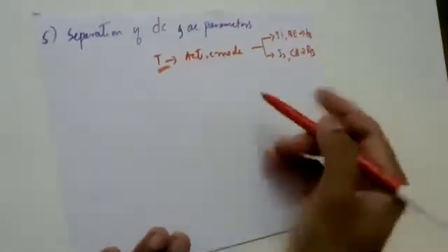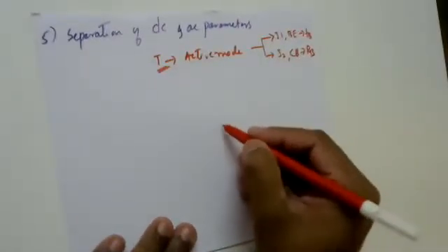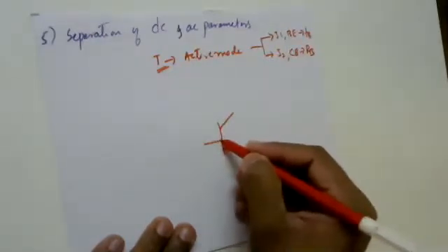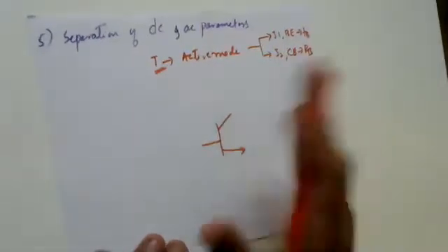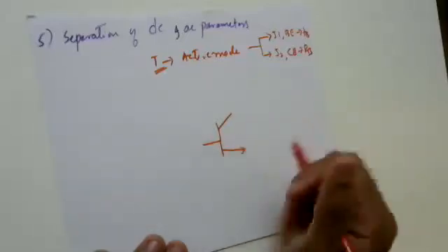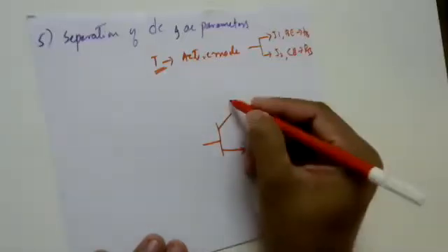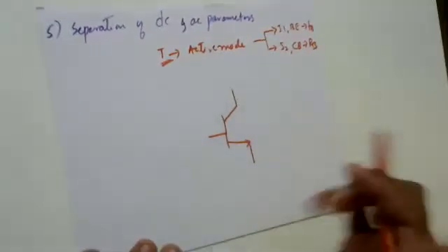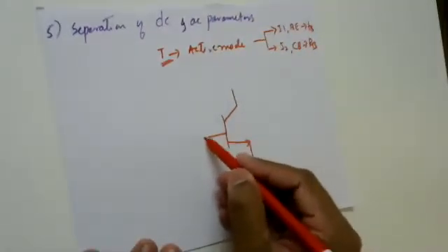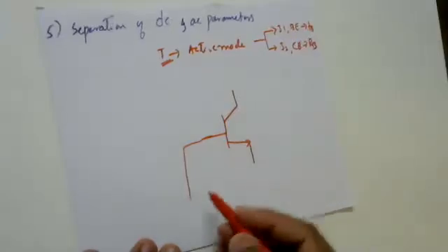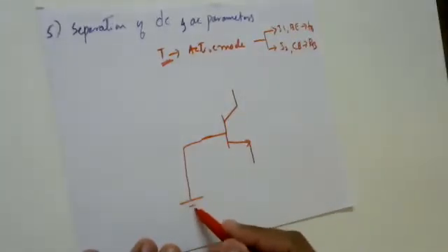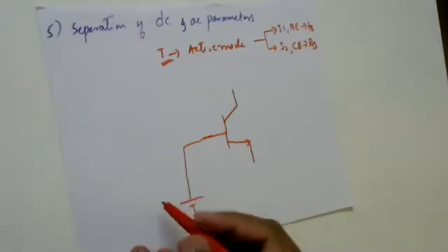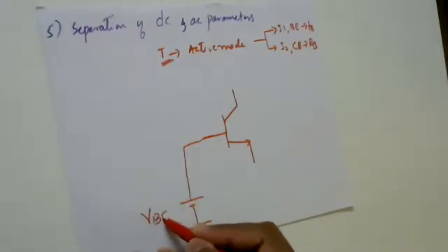So now, in order to operate my transistor in an active mode, let me have my transistor here, an NPN transistor. Then I would like to see to it that it has been biased properly. So this is my collector terminal, the emitter terminal, and the base terminal. Now I'll be providing the voltage to this particular terminal, positive, negative. So this is my DC biasing voltage, which I will write as VBE.